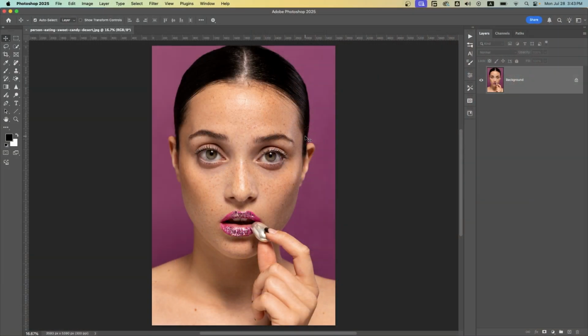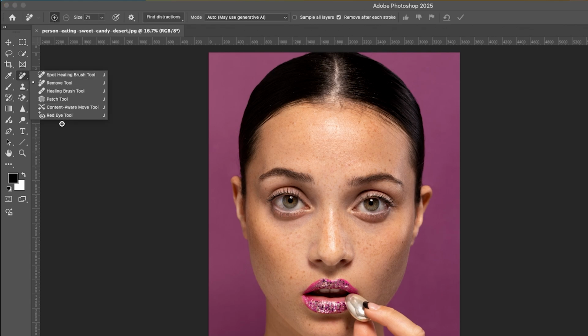Want smooth flawless skin in Photoshop fast? Let me show you a beginner friendly trick that looks pro and takes under a minute. So let's get started. First open your photo in Photoshop, then use the remove tool or any healing brush tool